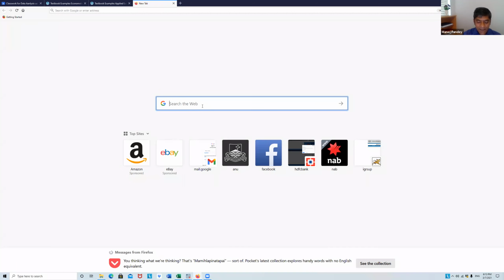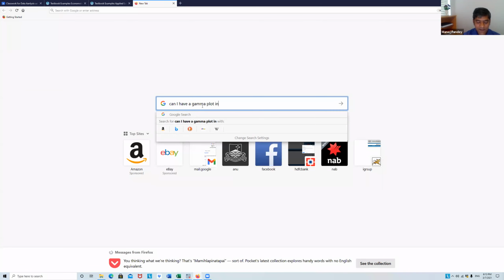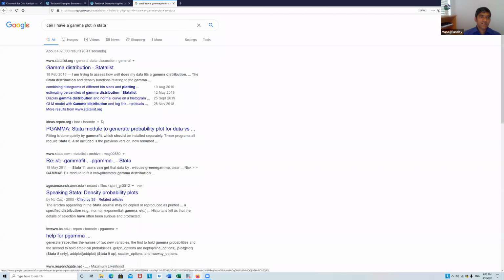Right? So let's say, can I have a gamma plot in Stata? Okay, and then you see this. You will find it. This is a Stata module to generate a probability plot, called gammafit.